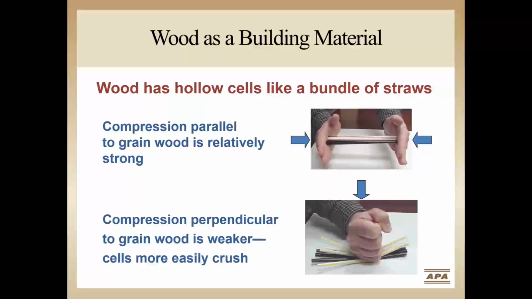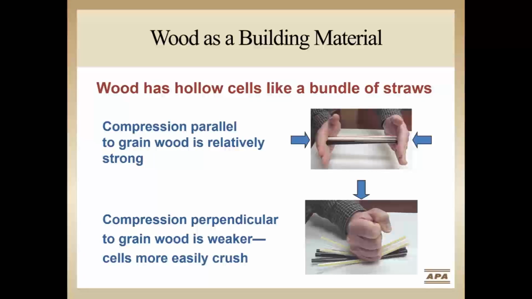Wood is primarily made from parallel tubular structures. On a microscopic level, we can model wood behavior using a bundle of straws. When compression is applied parallel to the grain, the straw bundle is strong and efficiently resists crushing. If load is applied perpendicular to the length of the straws, or perpendicular to the grain, the straws crush more easily. This is similar to wood, since a lower force is required to cause crushing or failure perpendicular to the